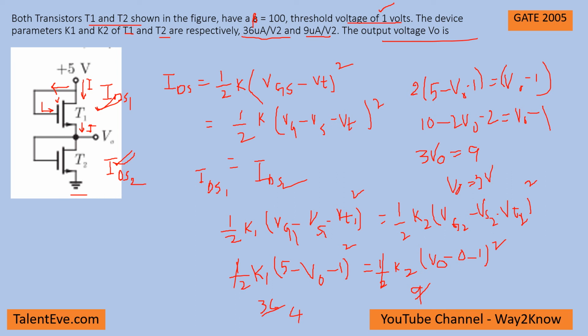So considering the given scenario with the two transistors, the output is nothing but 3 volts. Here the major assumption is, it's not an assumption, basically it's the property of the MOSFET: the current that is drawn by the gate of this MOSFET is negligible, and the current flowing in T1 and T2 can be said to be the same. And one more important consideration before using this formula is that the transistors are considered to be in saturation state. Thank you.